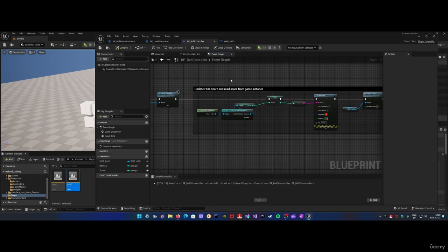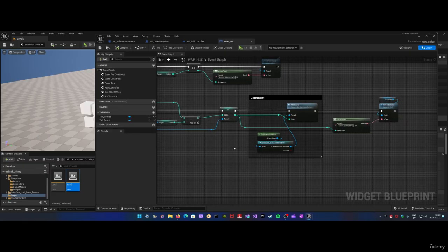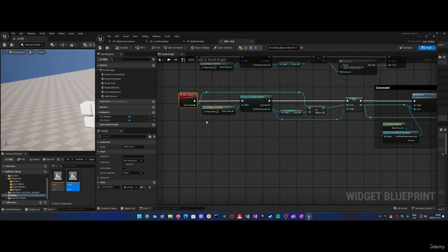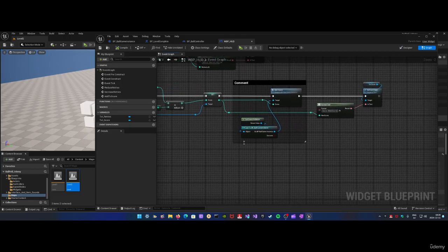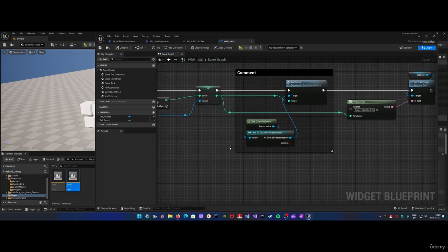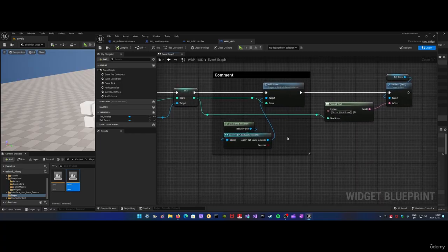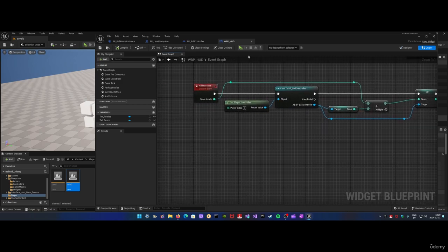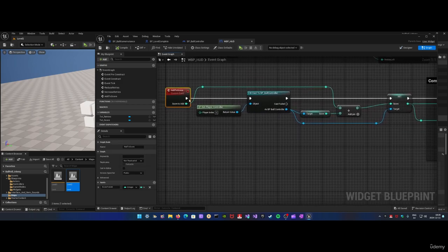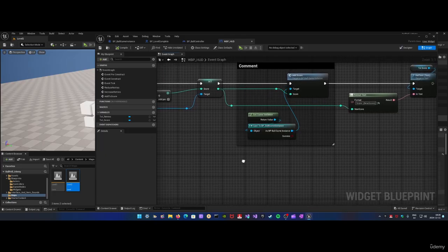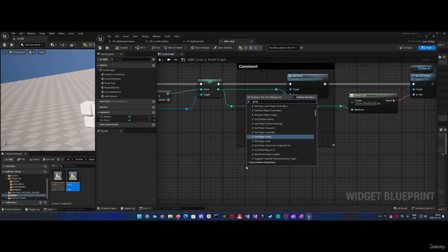So we're almost finished for testing, but not yet. If you go to the BP HUD, you can see that in the HUD we have this add to score function. This runs each time we pick up a star and add some score. But what you really need to do here is the same thing. You need to add the score to the game instance. Okay. So in order to do that, if you go to the WBP HUD, the add to score function, you can just, well, get the game instance,